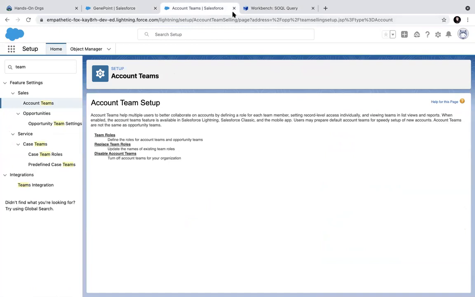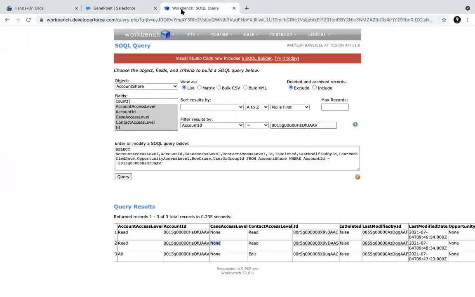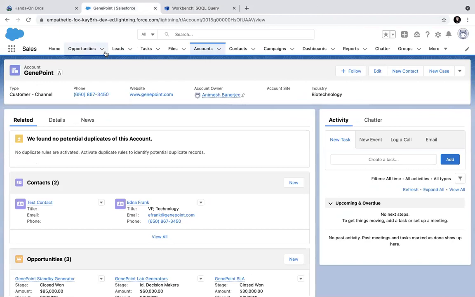Any guesses? Whatever is the most access. So read write means he has higher access now, right? Because both accesses are available. Read only access is also there, read write access is there, then I get both. So read only and read write put together will become read write access. Okay, this is the owner's sharing through teams.